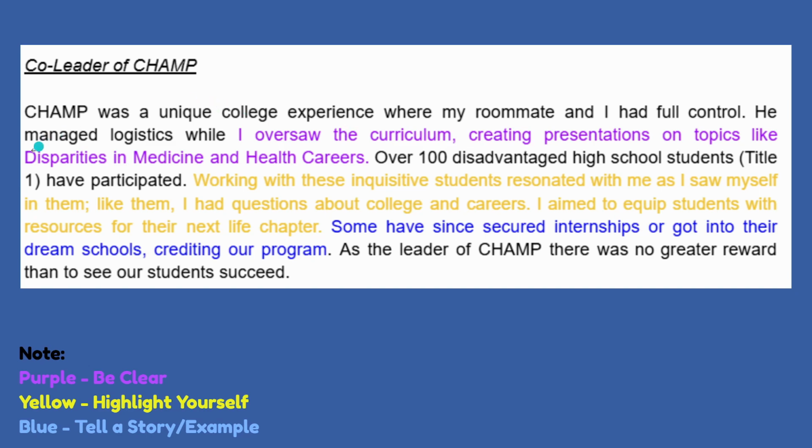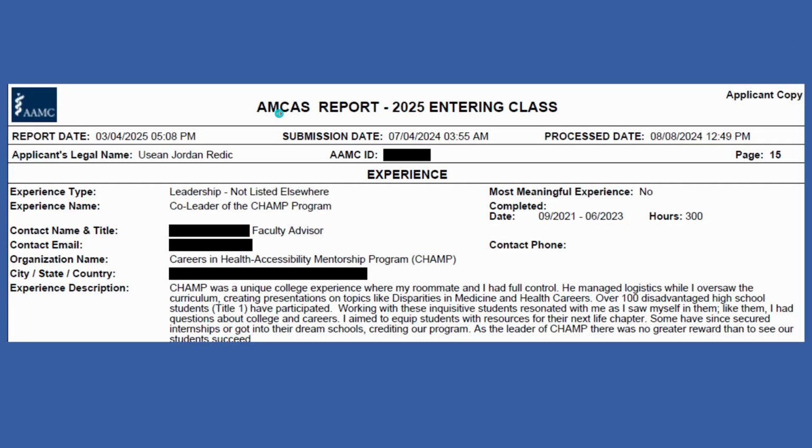And just very quickly, if you are writing about a program that has an acronym, make sure you do put it in the name. I originally had this name in my description, listing it out, and it was just too many characters. So if you have a very long acronym, I would recommend just putting it in the name for your description on the